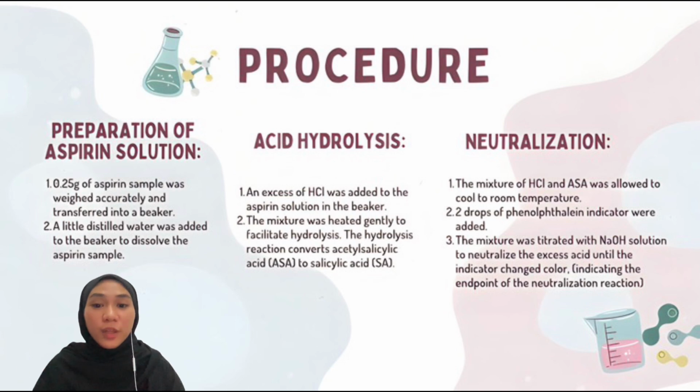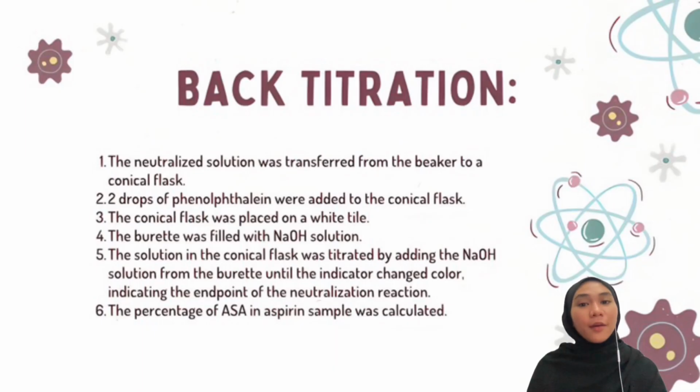2 drops of phenolphthalein indicator were added, and then the mixture was titrated with sodium hydroxide solution to neutralize the excess acid until the indicator changed color, which indicates the endpoint of the neutralization reaction. For the last part, and as our main topic, which is back titration, firstly the neutralized solution was transferred from